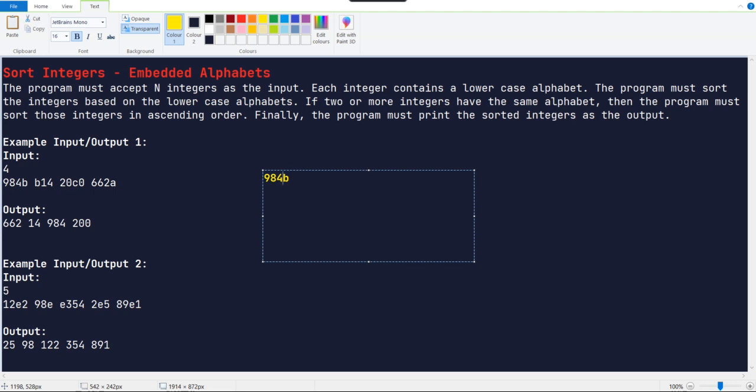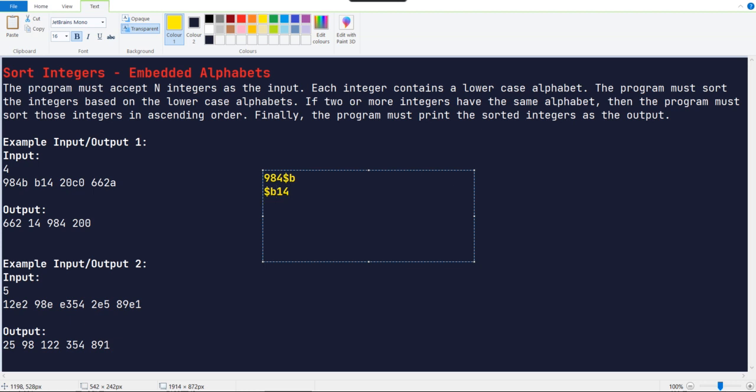So I'm going to iterate through all the values, like 9, 8, 4, and put an additional character so we can get the index of this symbol, because Python has an index functionality, but we don't know which character it is here. So here this is B14, and before B I'm going to put a dollar symbol.